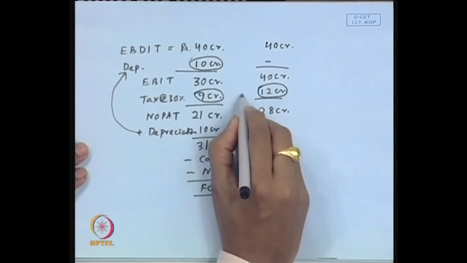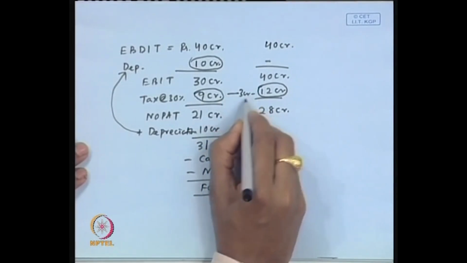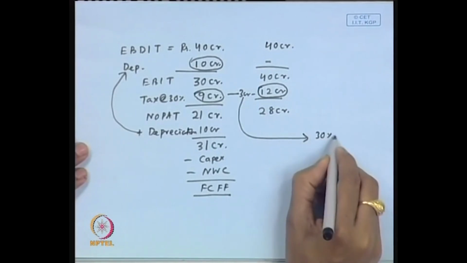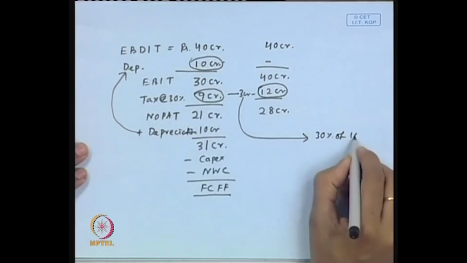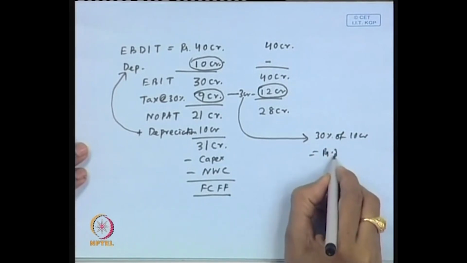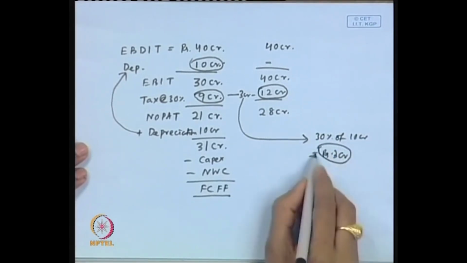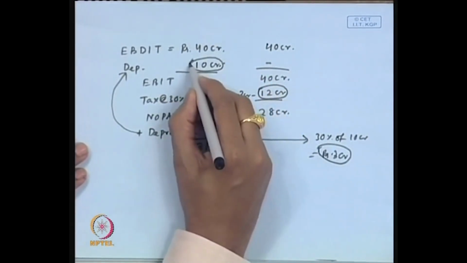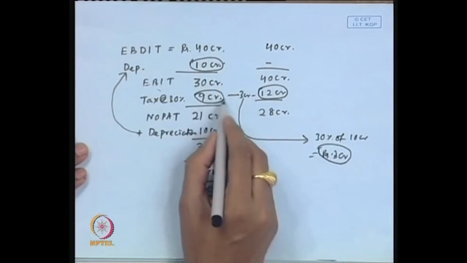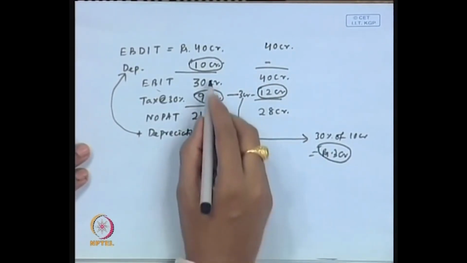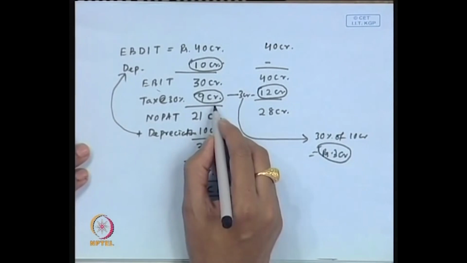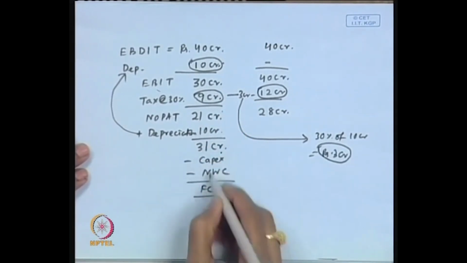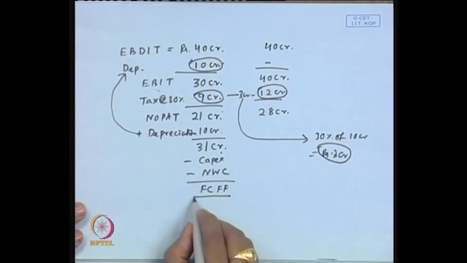So, the difference between these two is nothing but rupees 3 crore, and this 3 crore can be found directly by taking 30% of depreciation, that is 10 crore, which gives us rupees 3 crore. So, since this company is able to save a tax of 3 crore, that is why depreciation is deducted, and since the depreciation does not involve any cash outflow, it is only a book entry in the books of accounts and it takes care of reduction in tax as such, that is why depreciation is added back to find out the cash flow of 31 crore. Then we take out capex and net working capital, then we get the free cash flow for the firm,